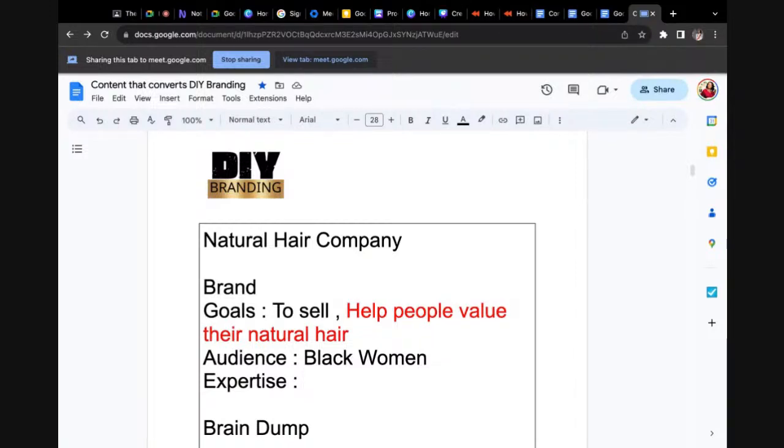There must be an expertise that you have. And your expertise must not necessarily be learned from the four walls of a school. A degree helps, yes, but your expertise is not only tied to your degree, it's also your experiences, what you've taught yourself, what you know, your skills. So, what are the things that this person brings to the table that makes them different from other people?